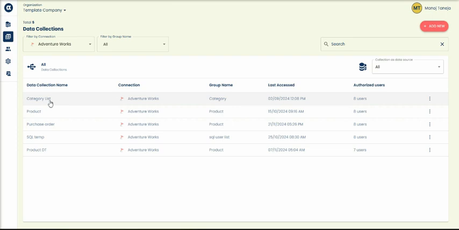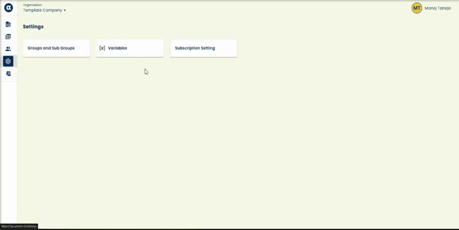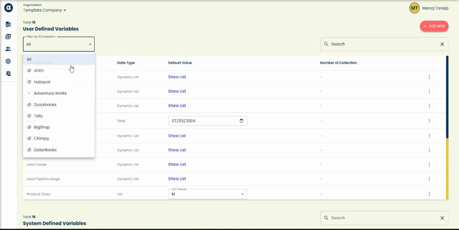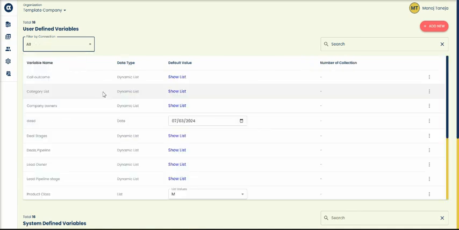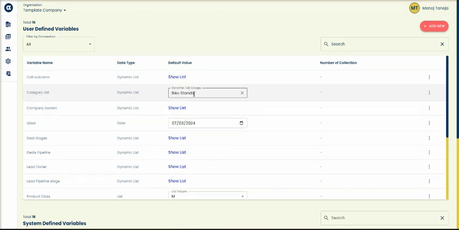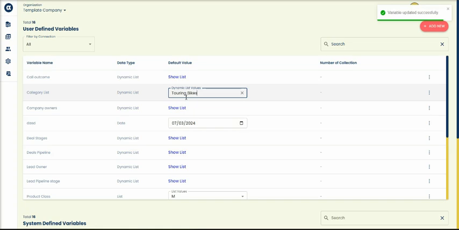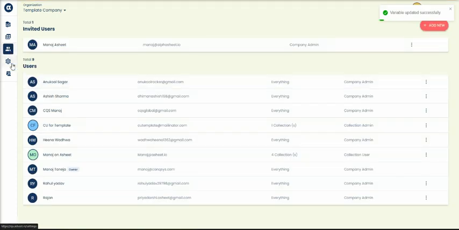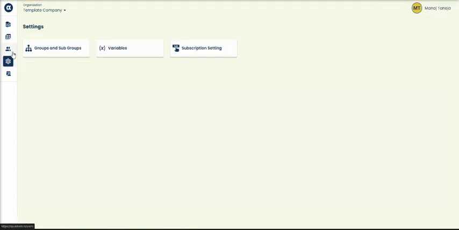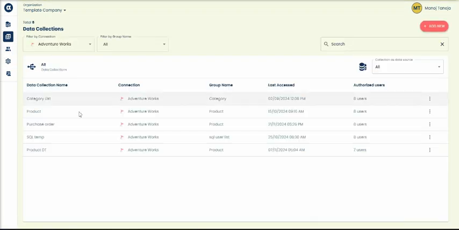Now you can use the drop down in different collections as a parameter. And also you can go ahead and see this category list. So we can choose a different default value from there. And yeah, and then if I just browse this one,